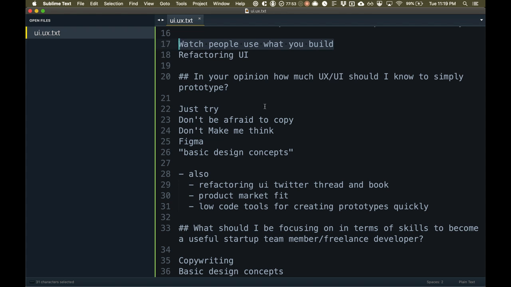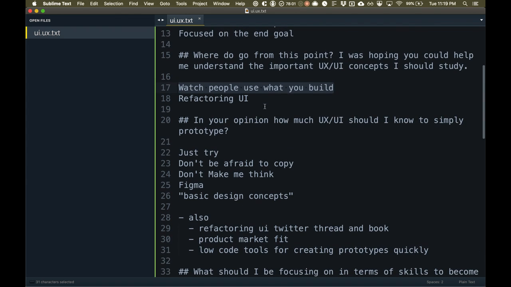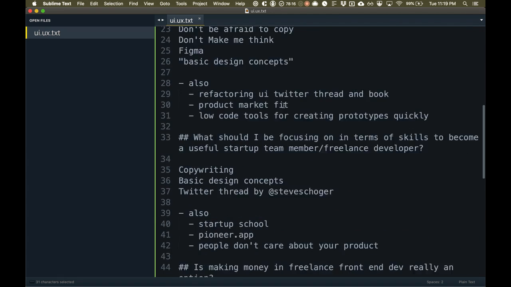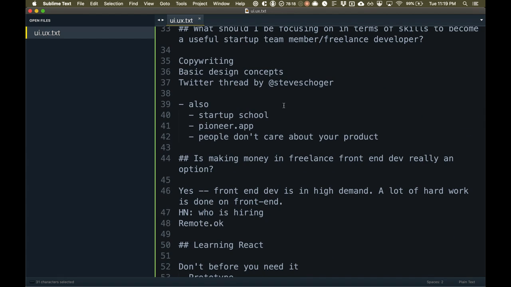Just sitting down with them and saying, hey, can you use this and just talk through your thoughts out loud? Those two things, shipping projects and then watching people use what you build and getting that feedback, are going to accelerate you in learning what you want to learn more than anything else.